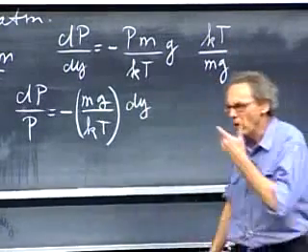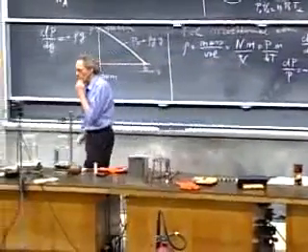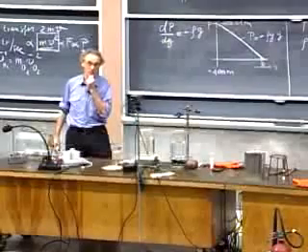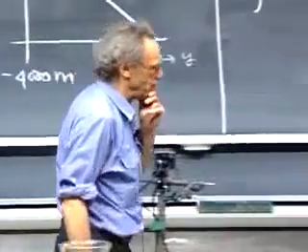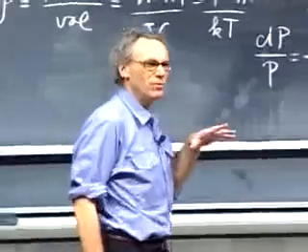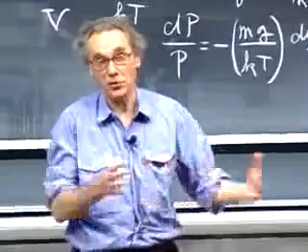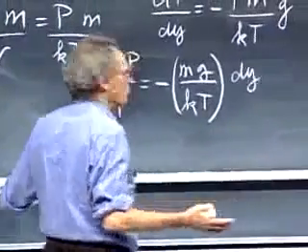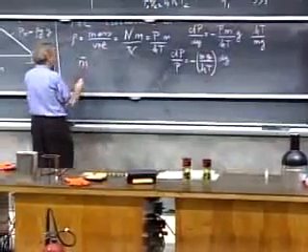What do I take for the mass of a molecule of air? What is an air molecule? Well, we have 20% oxygen. We have 80% nitrogen. The atomic mass number of oxygen is 32. Nitrogen is 28. But really, there is more nitrogen than oxygen. So take 29 as a reasonable atomic mass number for a mean mass of an air molecule.